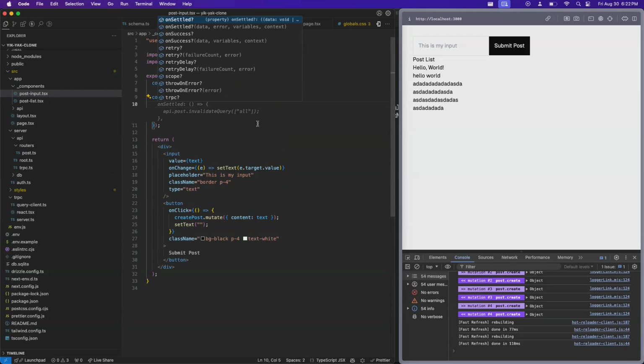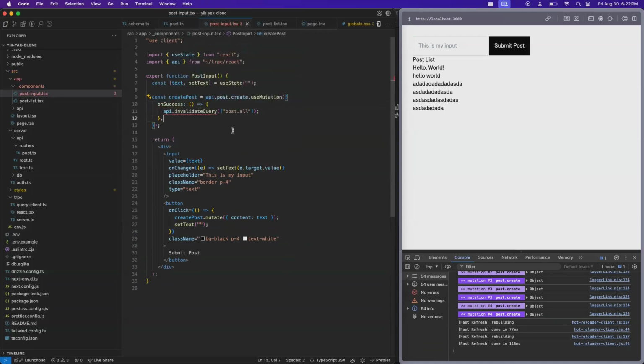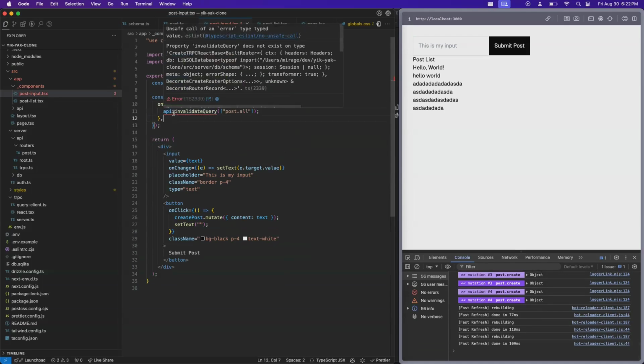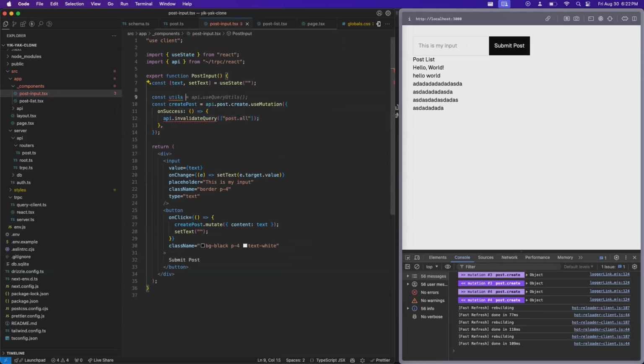And this object gives us a bunch of these methods that allow us to handle what happens if this mutation fails, if this mutation settles, or a bunch of different things. But whenever this succeeds, we want to do this. We want to invalidate. Actually, this is not the way you do it, but you need to import this